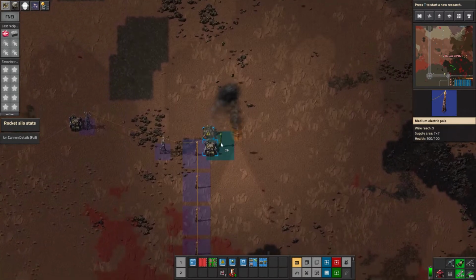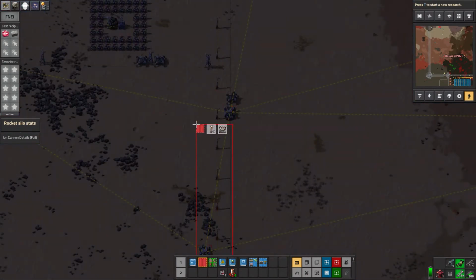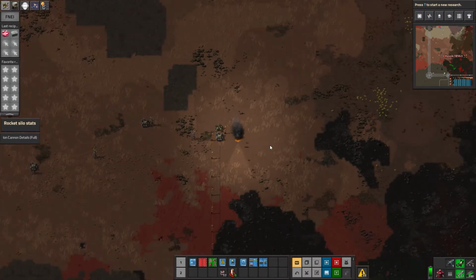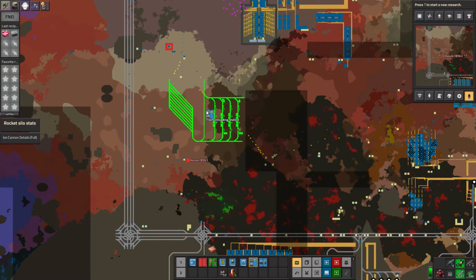I just want to clean up this area. So I also want to get this out of the way. And that will give me a good clean area to start placing stuff down in. And if I do this